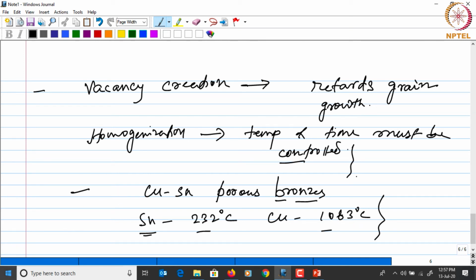But this liquid that you have is transient, because ultimately we are talking about a copper tin alloy, which is solid even at 800 degrees Celsius, right? When you have a single phase material, when the alloy is already formed, it can remain solid till 800 degrees Celsius, right? So when the alloy is formed, the final material that you obtain at the end of the sintering process will be a solid, right? So therefore the liquid which forms during the heating is just a transient phase.